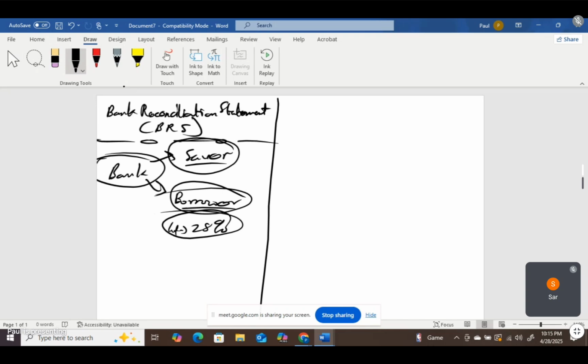Then the bank will give the savers some. So they will take maybe 28% from the borrowers, they will give savers like 8%, and they will keep 20% as profit. Do you understand? Yes. So that's what banks do. So a bank is a financial intermediary between savers of funds and borrowers of funds. And their main function is to take money from savers of funds and rechannel it to borrowers of funds